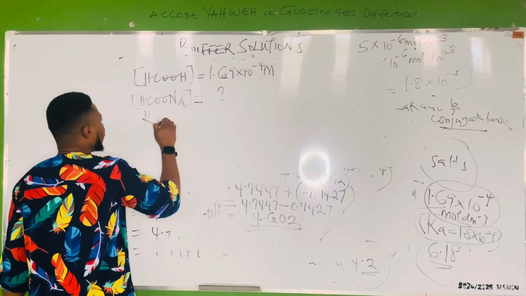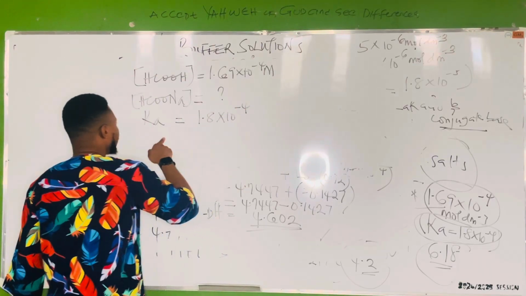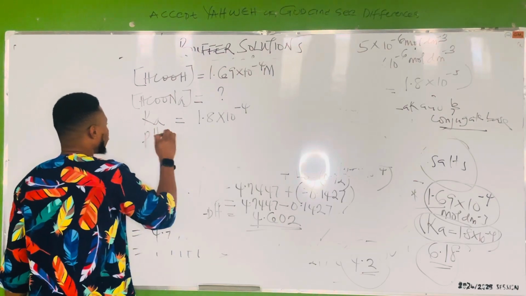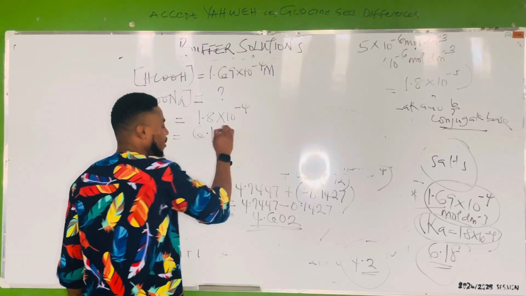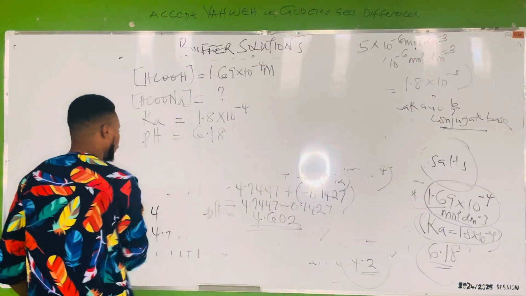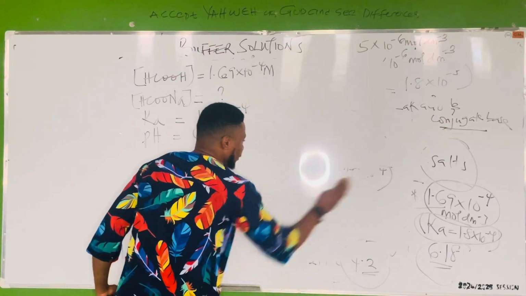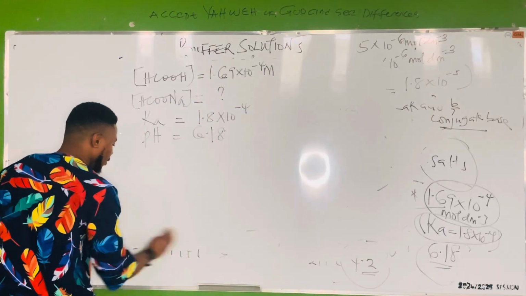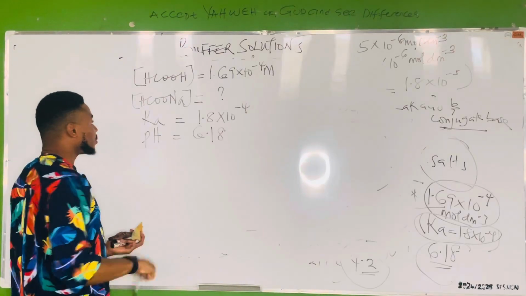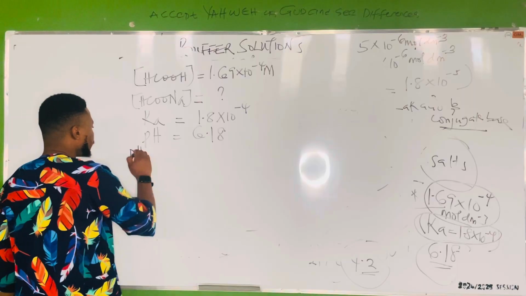Then we have Ka to be 1.8 times 10 raised to power minus 4. This is Ka. Then, of course, we have the pH to be 6.18. So now quickly, knowing that we have parameters like this, we'll go straight into solving this exercise. So this is an acid buffer, and an acid buffer, as we all know, is pH equal